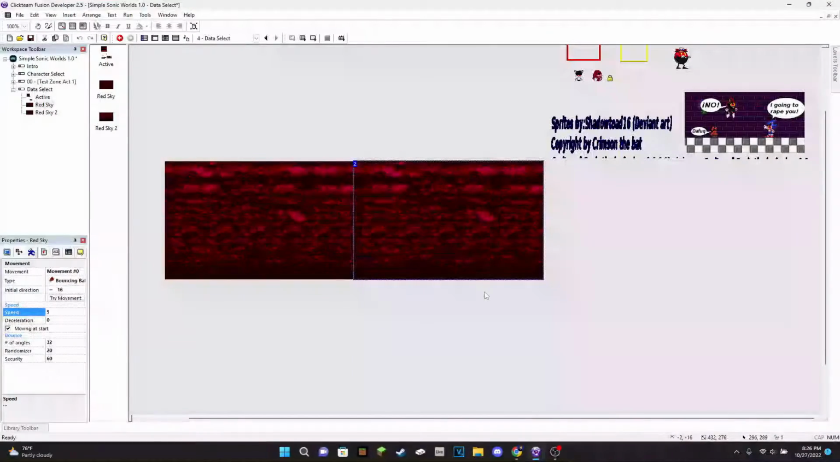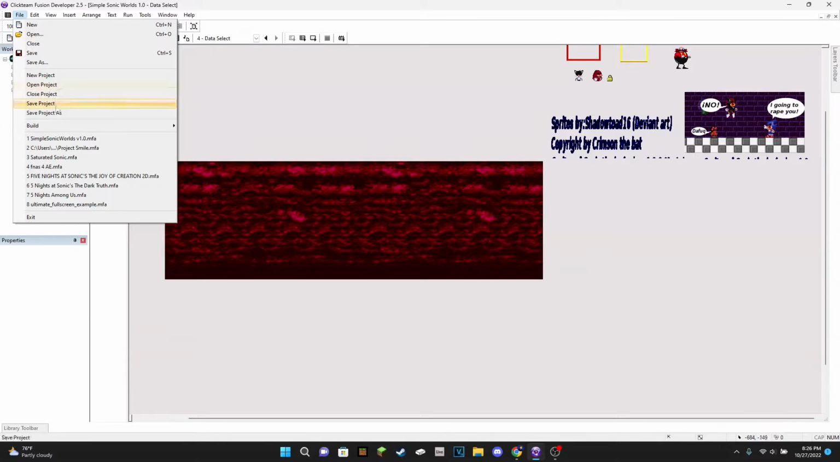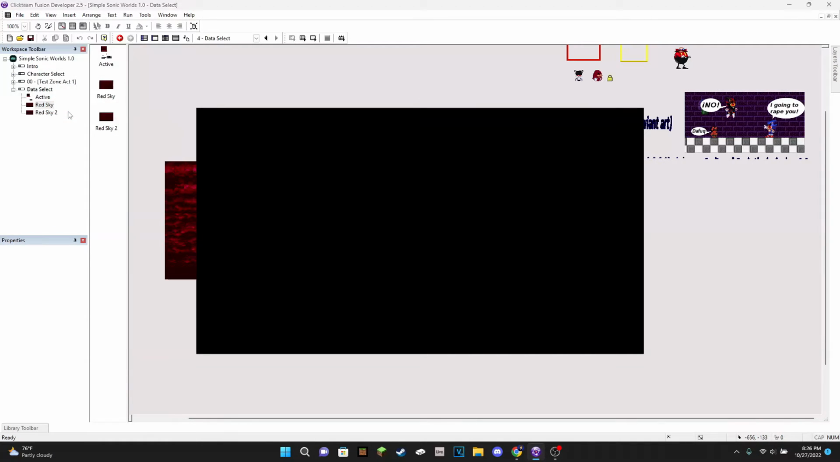Okay, I'm just gonna make it move at 5. I think that's a better speed. Okay, so now we've gotten this, and I just accidentally saved that to Simple Sonic Worlds. I meant to save like a new thing, never mind. Let me do this. So save project as, and then you can, cool, sure, I'll just save it to say